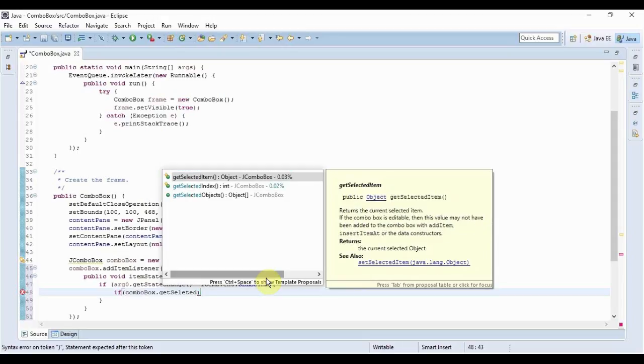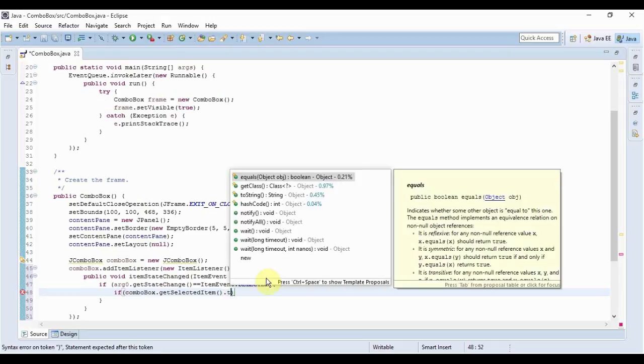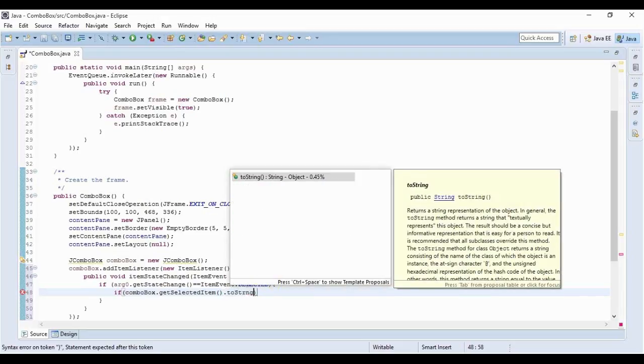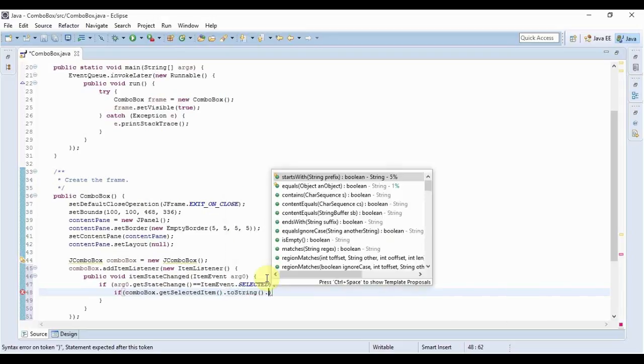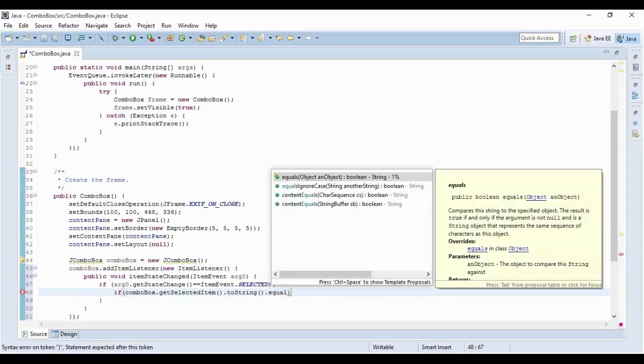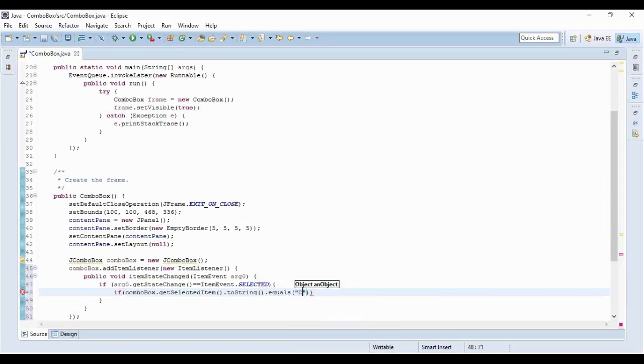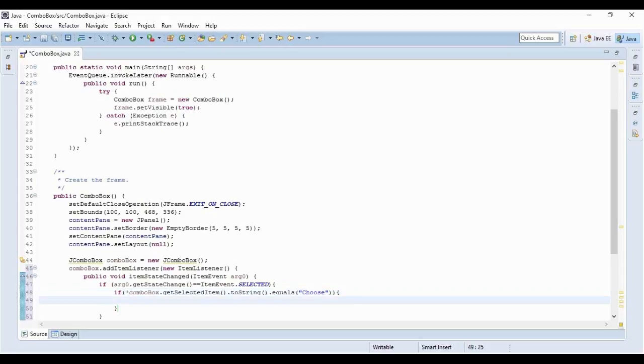So I'll just use getSelectedItem, and then I also have to use the toString method to convert it to a string. And now I'll just use the String's built-in equals method to compare it with Choose. Now if this condition isn't satisfied, only then I'll display the message, right? Because if it's equal to Choose, then nothing would really happen. So if it's not equal to Choose, then that means I have to do this. What I'll do, I'll simply display a message,